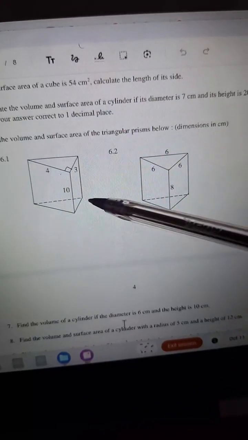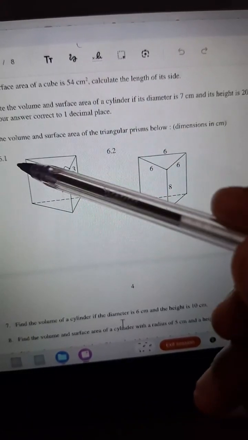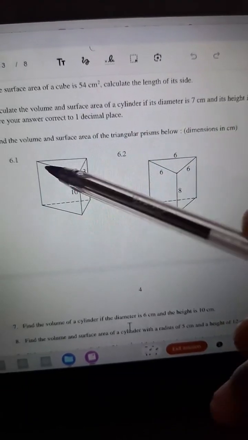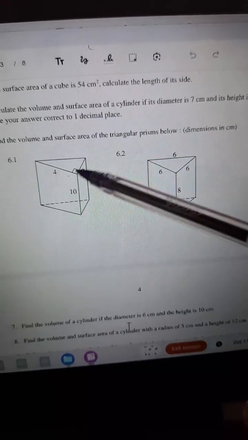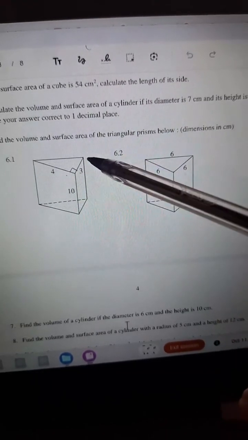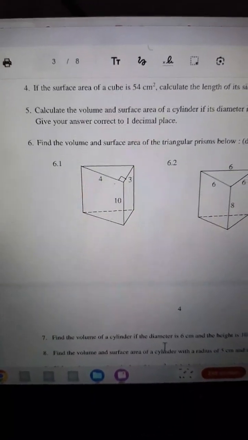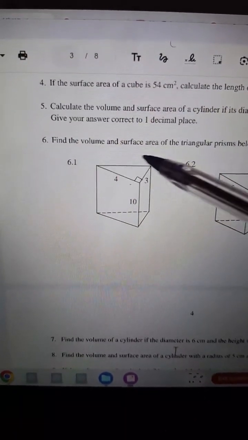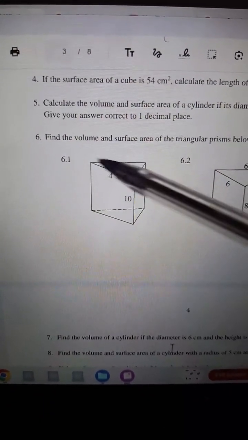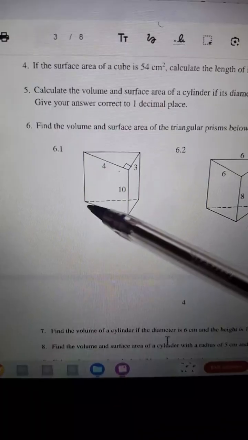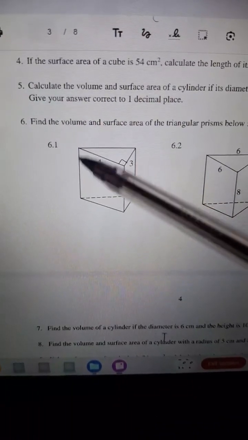But then what we are missing is that back rectangle. We need this length, which means we need to find this missing length for this triangle. Since it's a right angle triangle, how are we going to calculate that missing length? What theorem are we going to use to calculate this missing side? Because once we get that missing side, then we can find the area of this back rectangle,